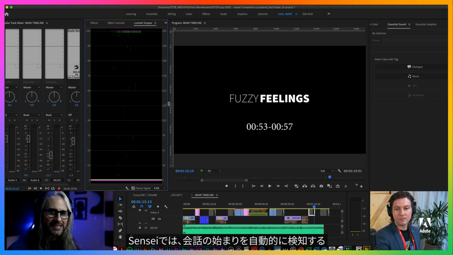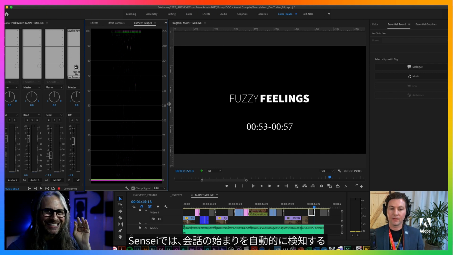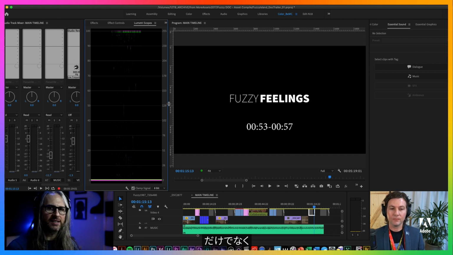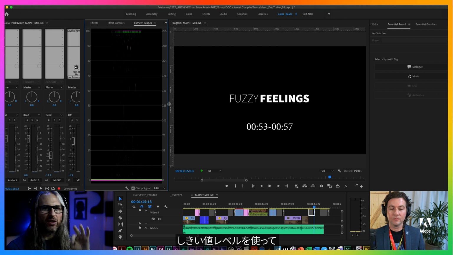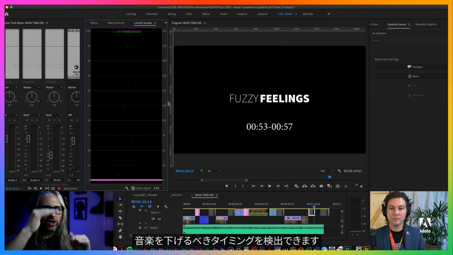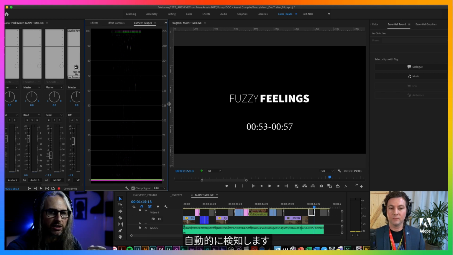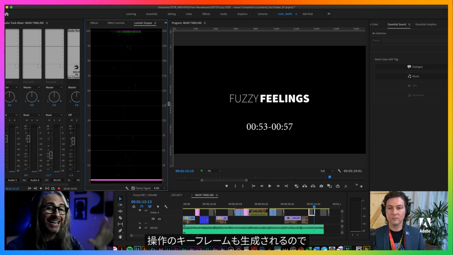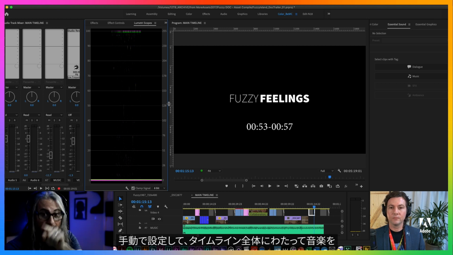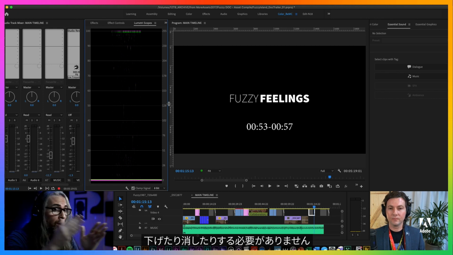We are now leveraging Sensei to automatically detect not only when the dialogue is happening, but what we refer to as the threshold levels, the point at which that music needs to be ducked down. It can detect all of these things automatically using some machine learning here. And it does the work for you, and it keyframes all of those operations for you so that you don't have to go in and manually draw all those ducked keyframes to eliminate or attenuate the music over your entire